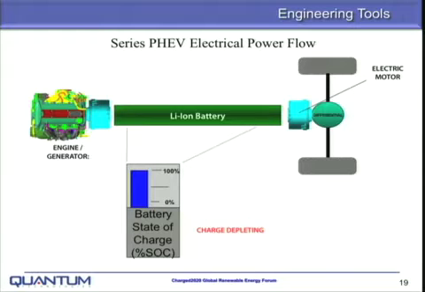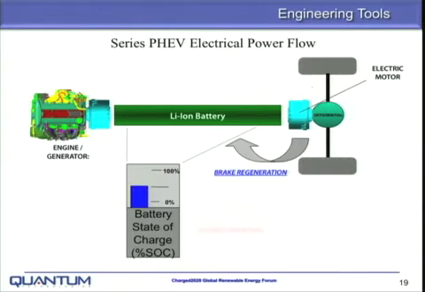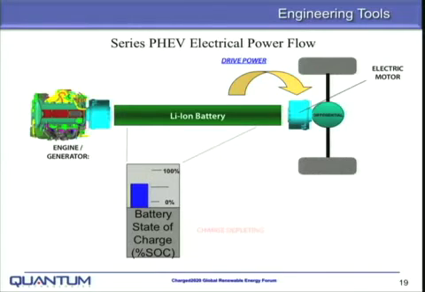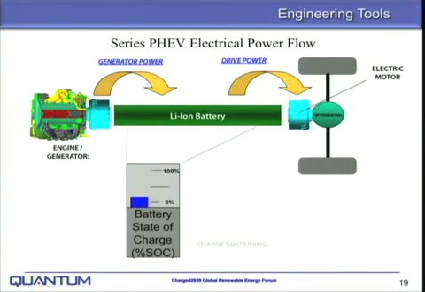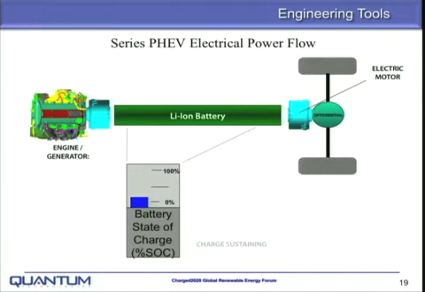Well, in this series hybrid here, when we're decreasing the state of charge, we're taking energy out of the battery into the motor, we're recapturing, bringing the charge back up by recapturing energy from the motor back into the battery. And then at some point, we get into what we call the charge sustaining mode, where now the generator's kicked in and putting energy into the battery and driving the rear wheels, and the state of charge kind of is maintained. So these are some of the first things we'd look at